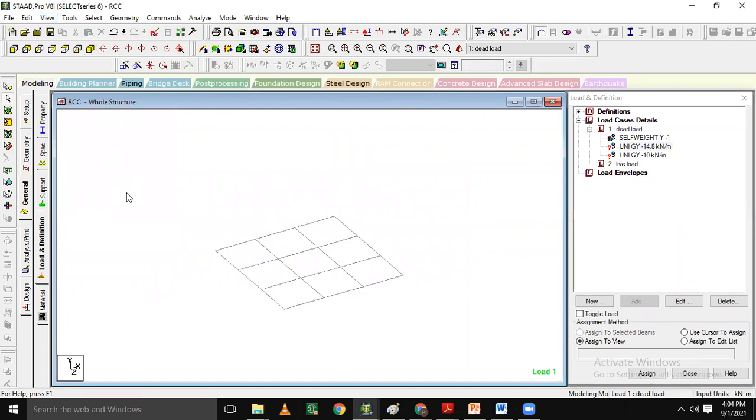Now the minus 14.8 is for the outer side and minus 10 kilonewton per meter is for the inner wall. So select the outer wall, select the outer wall area,